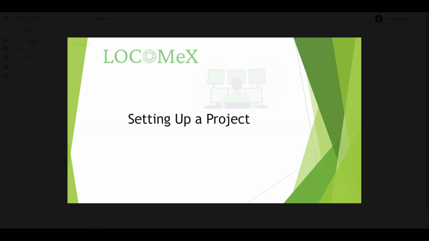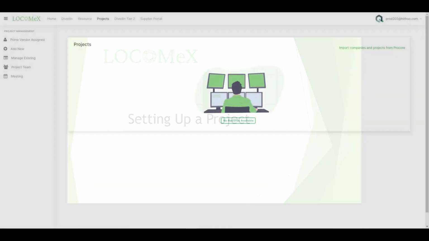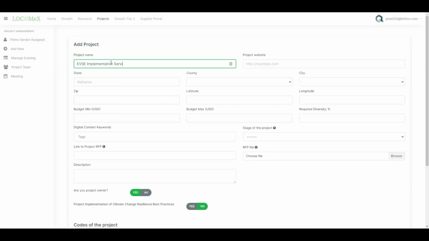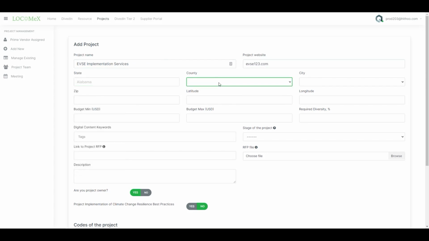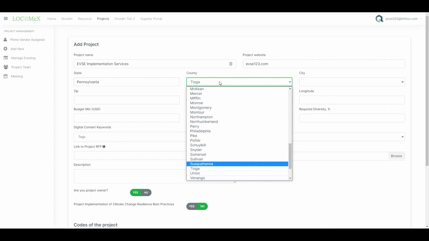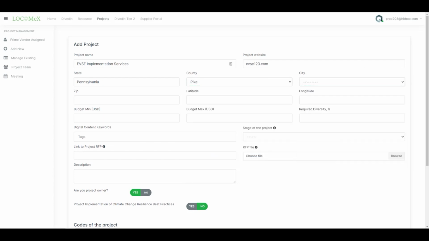Okay, let's get started with setting up our first project. So when we set up a project, we have a simple form. We give the information about the project, and we're going to add the basic details of our project, including our project name, website, the regional information, including